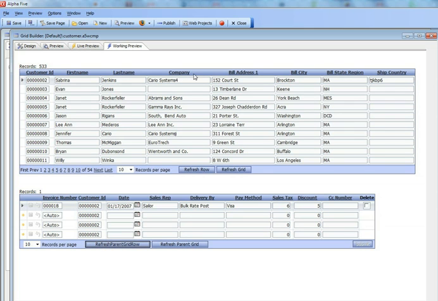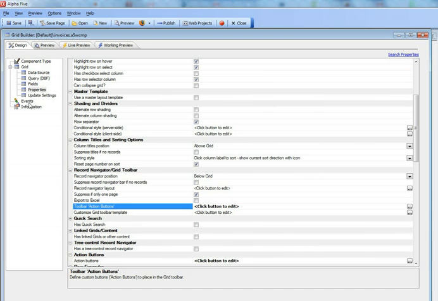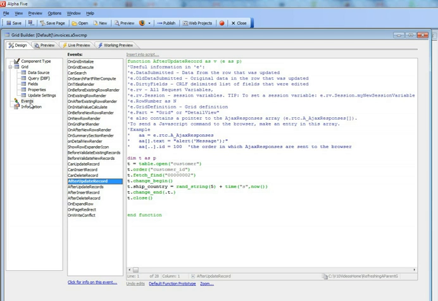So now the next thing that we'd like to do is trigger this refresh based on some event over here. So let's assume that every time I make a change to this record in the child grid and I save the data, what I'd like to do is force a refresh of the parent grid. So I'm going to go back now to the child grid, to invoices over there, and I'm going to go to the events, and I've created